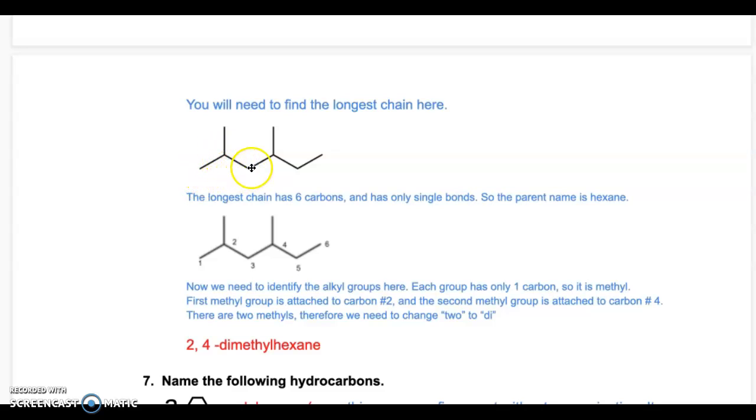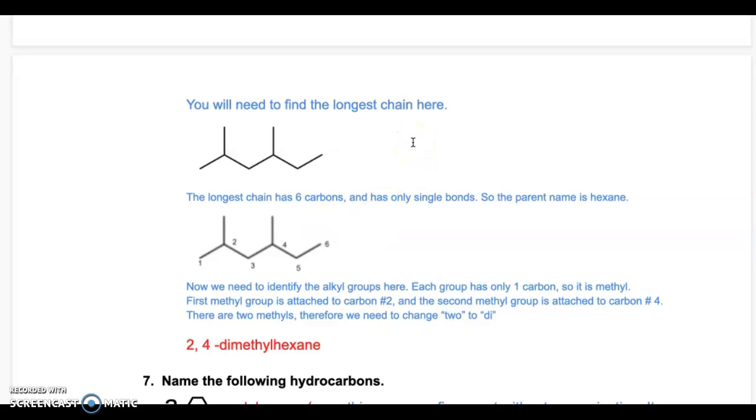1, 2, 3, 4, 5, 6. So we calculated 6 carbons in the longest chain, right? If we go this way, 1, 2, 3, 4, 5, 6. Again, 6 carbons. Let's try something different. 1, 2, 3, 4, 5. Only 5 carbons. This is not our longest chain, so we cannot assume that this is going to be the